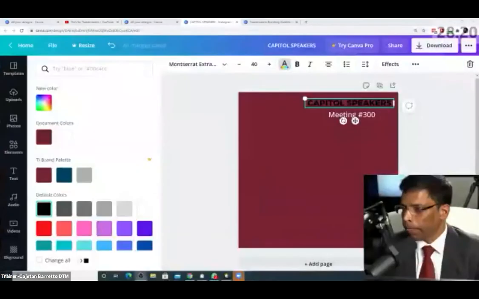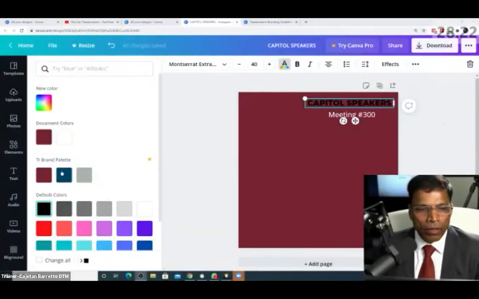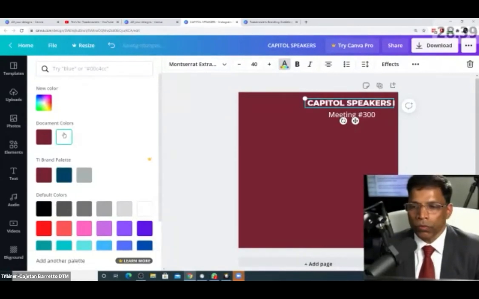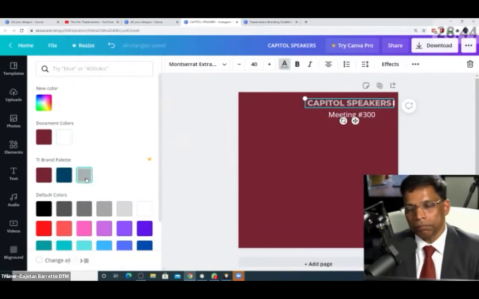So in this case, when I look at my design here, putting a dark font color over a dark background will not be readable to people. So that's why try to choose a color that is contrasting with your background. In this case, white seems quite appropriate. It could also be silver, which is acceptable.